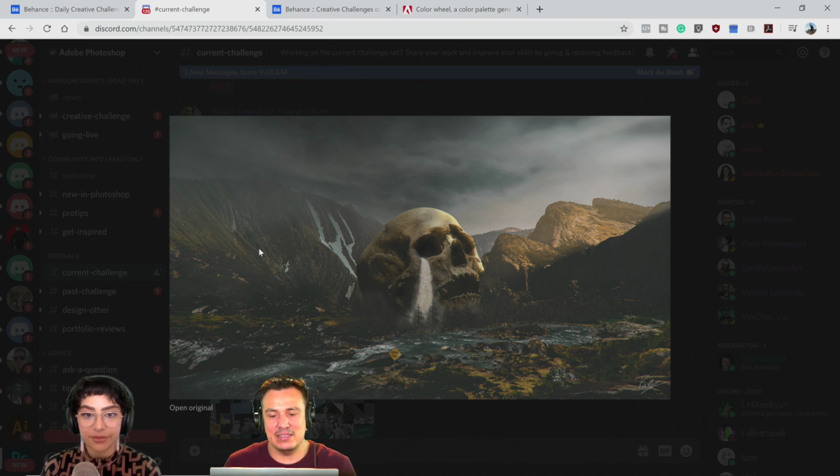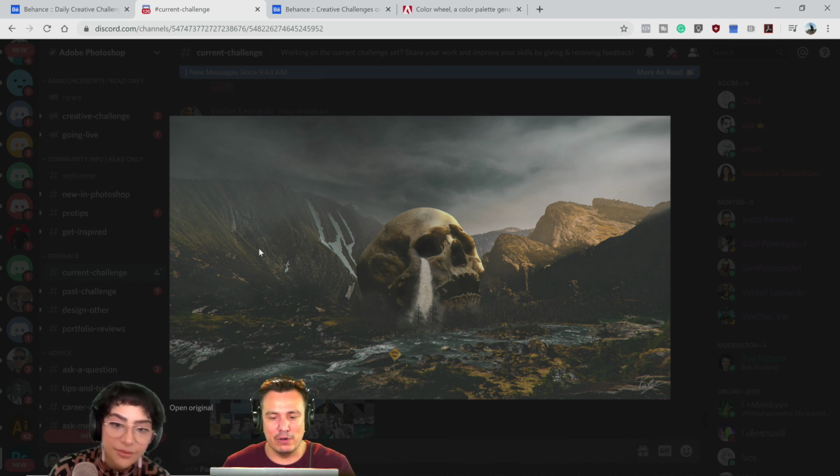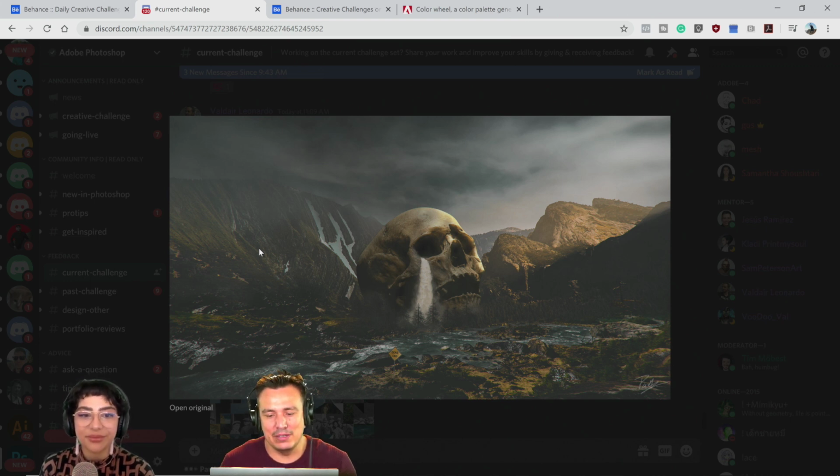Also, the brightness, same thing. The yellow is much hotter than the yellow anywhere else in the scene. So I would just try to match it so that it feels like that skull really belongs there. Otherwise, it starts looking like not an actual photo, which is what I assume you were going for, because everything else you did here leads me to believe that. Great masking by the water. So overall, good job. I would just focus on those little details, and I think it'll take it to the next level.